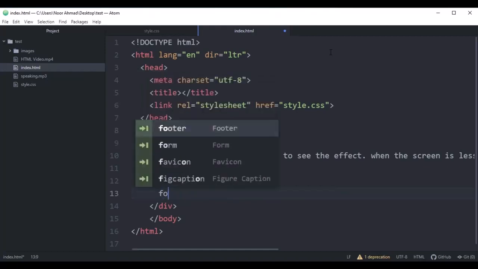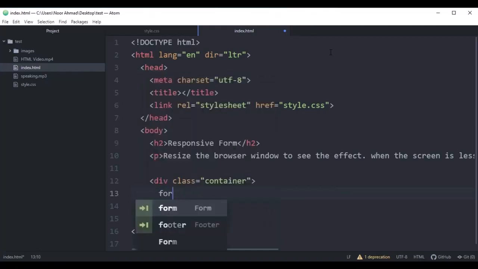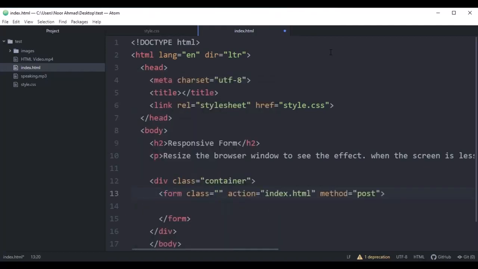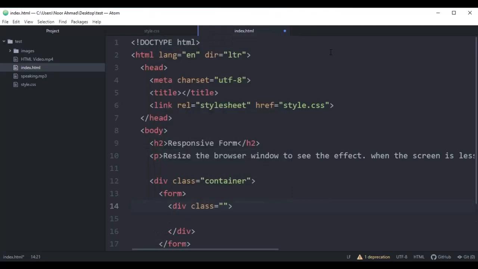For now we are not going to use any attribute. We're going to remove this, and inside the form I'm going to create another div which will be a row and column. So div row,